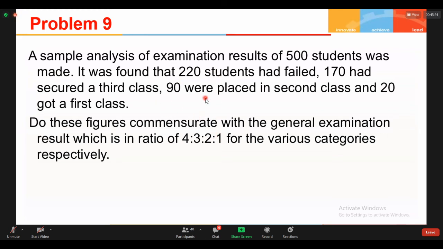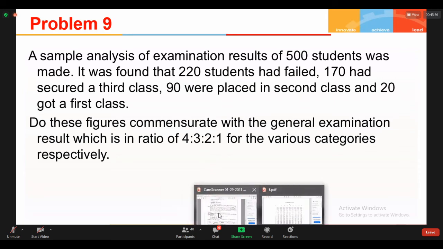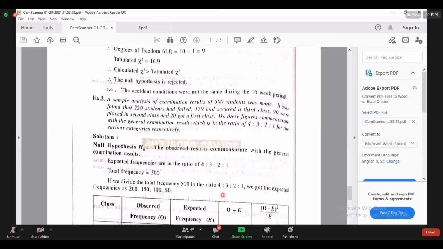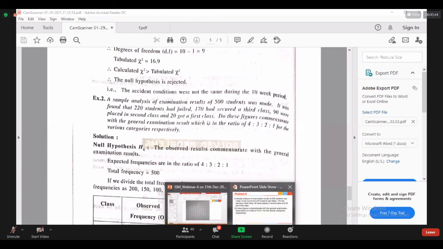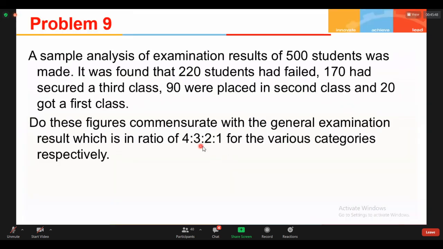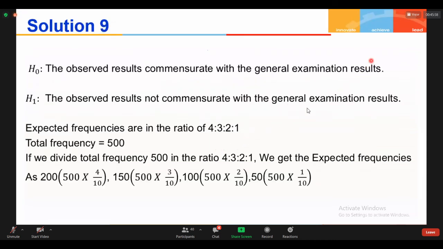Here they have given one sample data analysis of examination results out of 500 students. By theory they are telling the ratio like this: 4 is to 3 is to 2 is to 1. We have to test. In this case, we have to use the